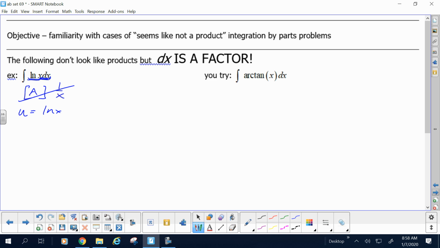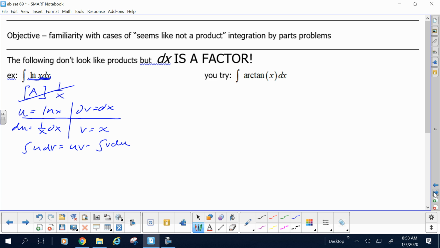Natural log of x. And therefore, dv is everything else, which is just dx. du then is 1 over x dx, and therefore v is x. So when I go to integrate u dv and say it's uv minus v du, natural log of x dx is equivalent to uv,